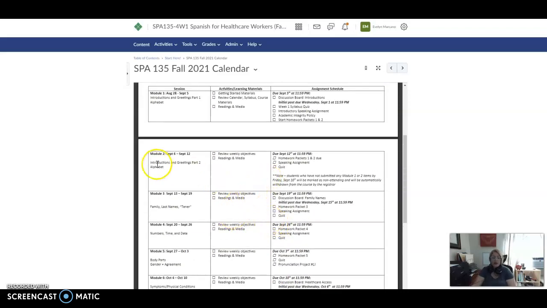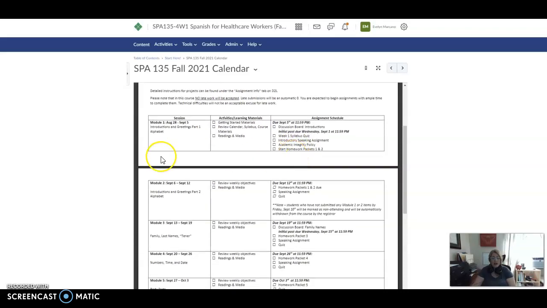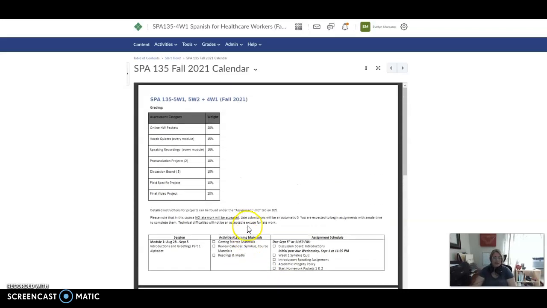Please make sure that you look at this. There's a lot of assignments that are due on specific dates, okay? We tend to not accept late work, guys, okay? We're in college. So just make sure that you either have alarms on your phones or you have the detailed calendar somewhere where you could be reminded of when each assignment is due, okay? I will be sending reminders, but it is ultimately up to you to make sure that you know when the assignments are due, okay?